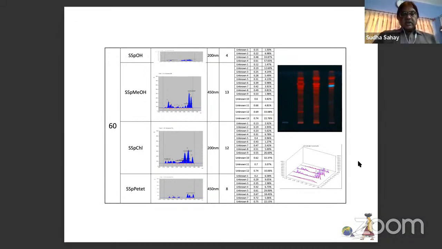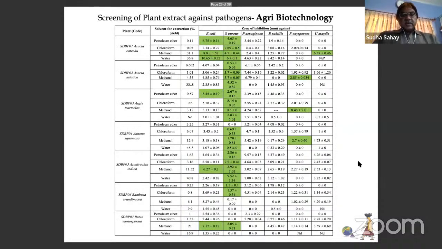Next, and these are the different solvents. Suppose OH, MUH, these are the different solvents in which the extraction is being made. Again, these are the names of the plants mentioned here. In this particular slide, we are mentioning the efficacy for the control of different pathogens, because many of the practices for